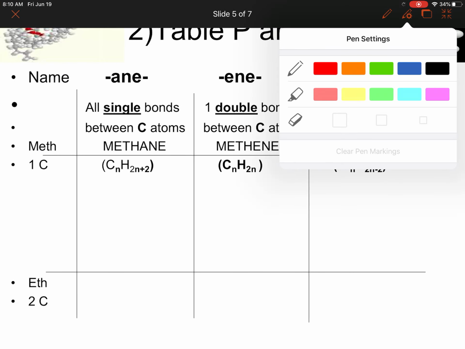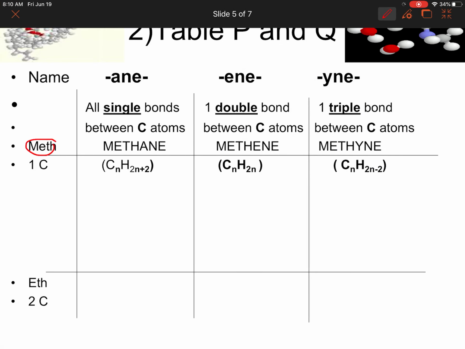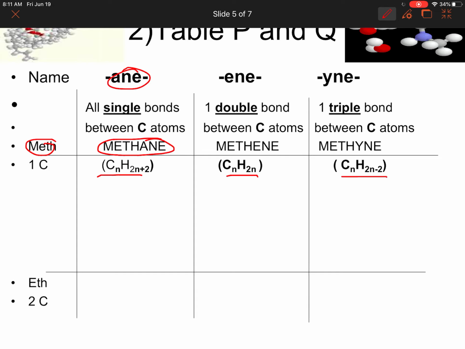First compound I want to do is called methane. Methane says here all single bonds between carbon atoms. And there's something called a general formula, which is CnH2n+2. It says CnH2n and CnH2n-2. Very simple, guys. The n represents the number of carbon atoms. So if I have C1, there's one carbon, and then 2 times 1 plus 2. So that gives me